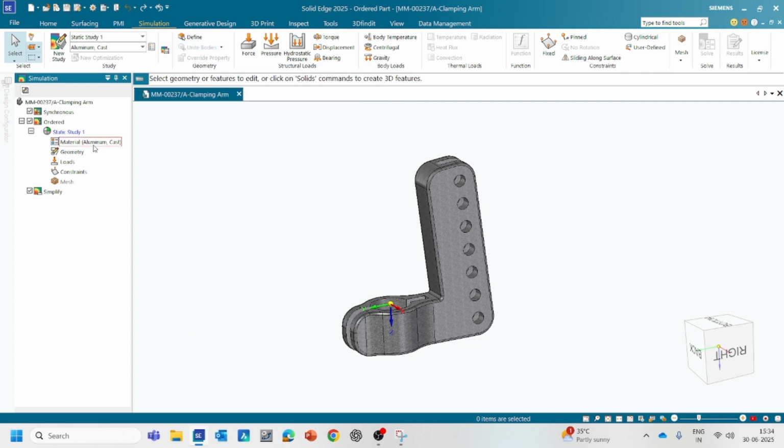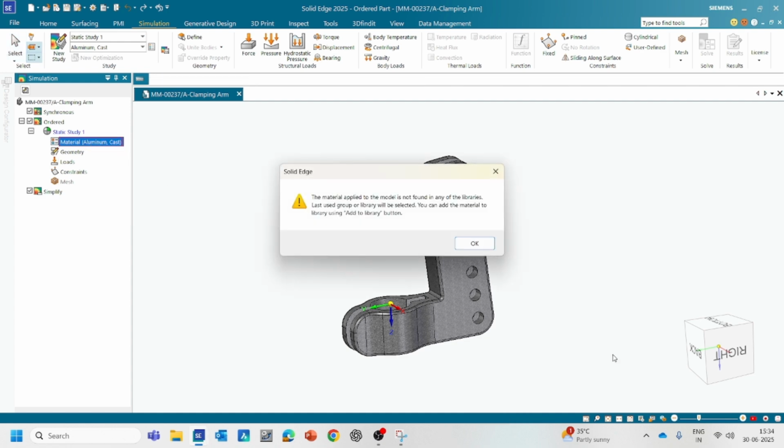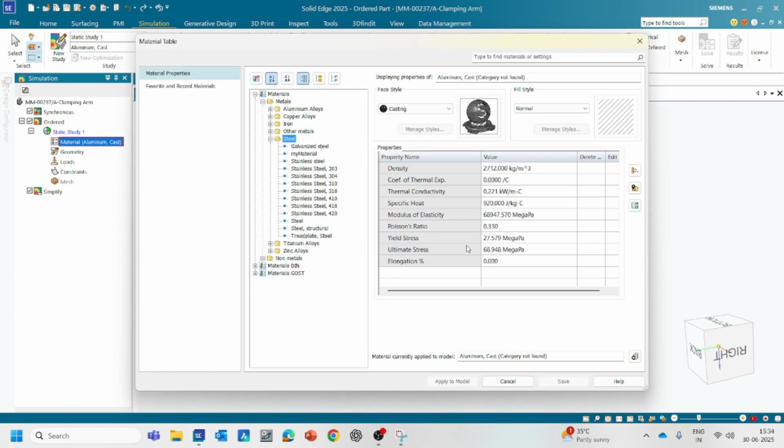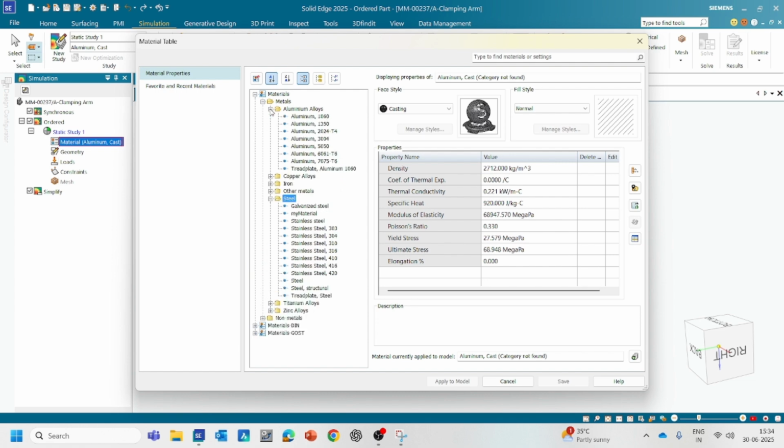Here I have been assigned the default, aluminum cast, but if you want to change its material properties, for example, if I want to bring the aluminum 1060 material property to my geometry, I'm just applying it to the model. Before applying, I'll showcase its density and modulus of elasticity, which have been mentioned, and the yield strength of